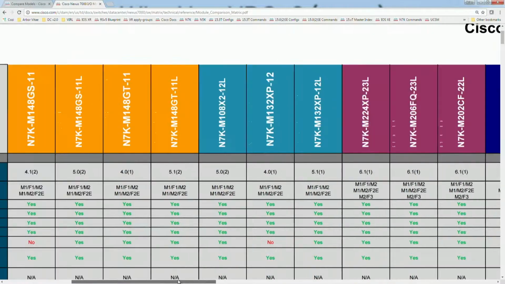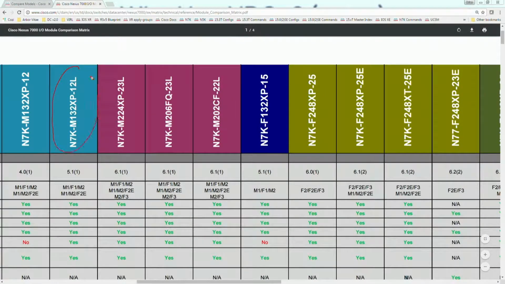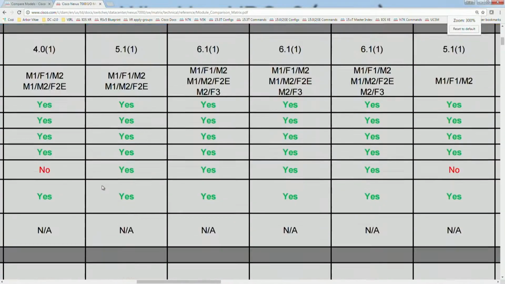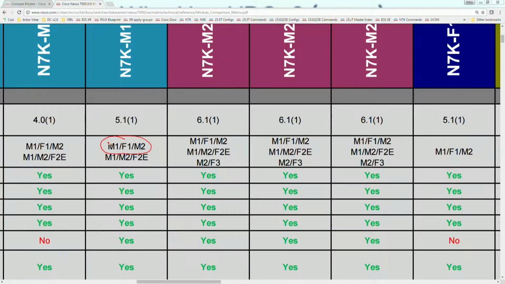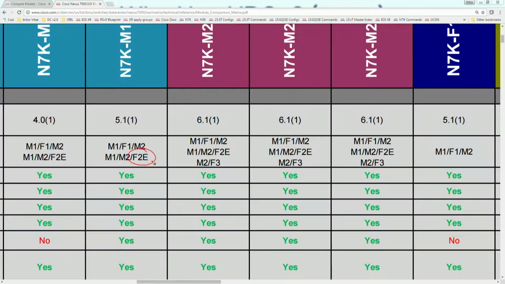So basically they're saying that if you were to have, let's say, M132XP, you can run this inside of a context that has other M1 cards, other F1 cards, or other M2 cards, or you could run in a context with M1, M2, and F2E. The reason why is that the F2 expanded, or enhanced, version is not compatible with the first generation